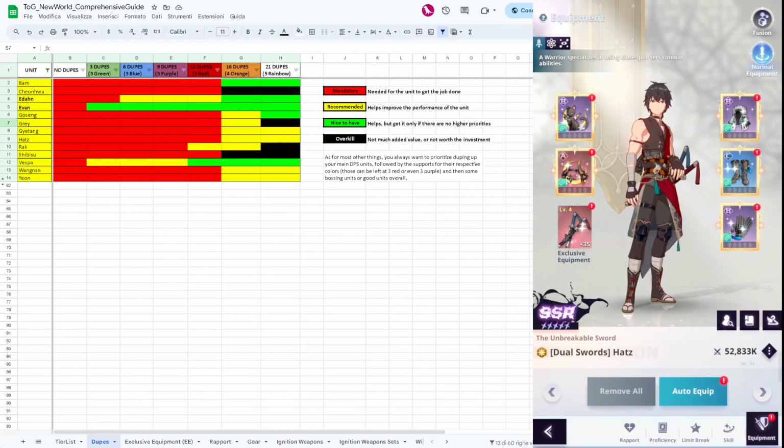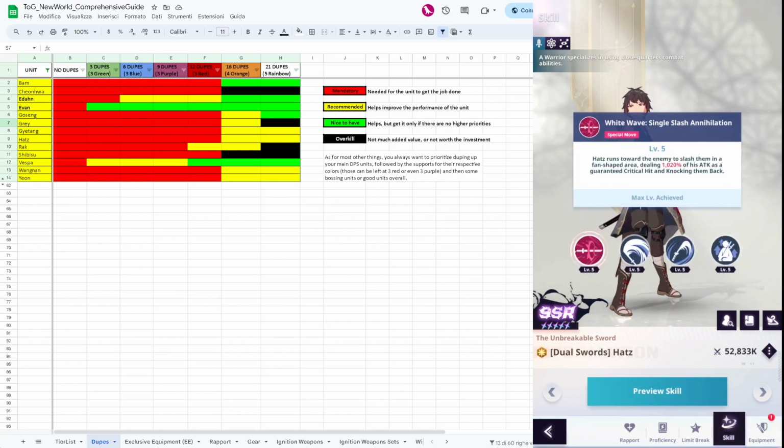Next is Hatz. This guy is also some sort of main DPS. I would say after floor 16 again he is not really going to fulfill that role anymore, but you can definitely still use him somewhere in PvP, but not in the higher floors of adventure. So this guy,